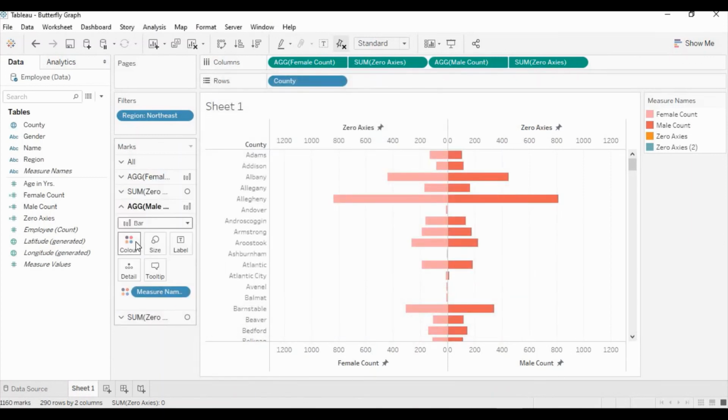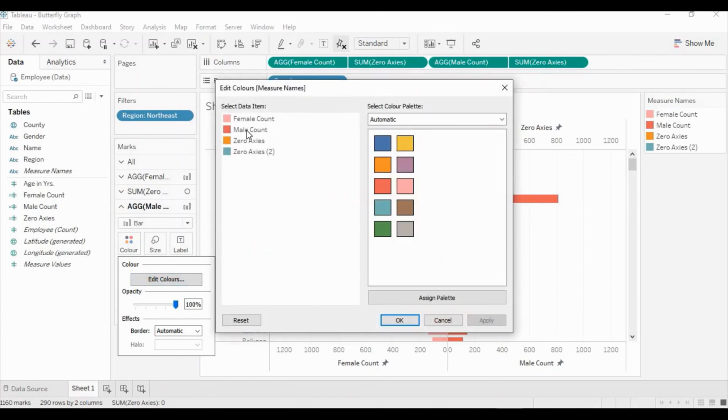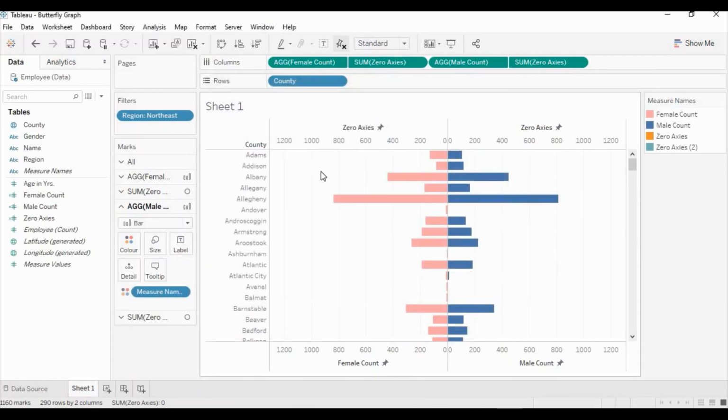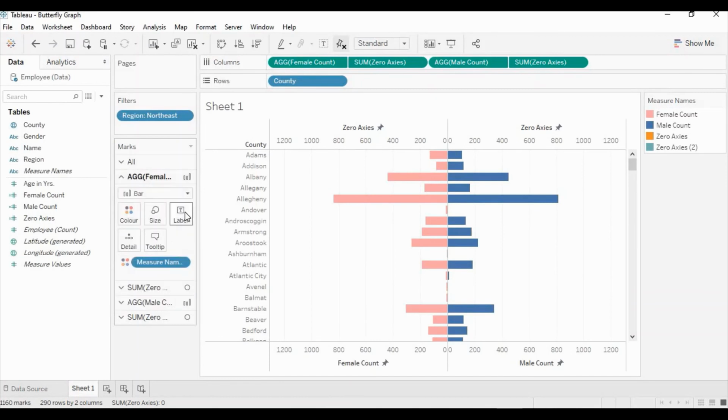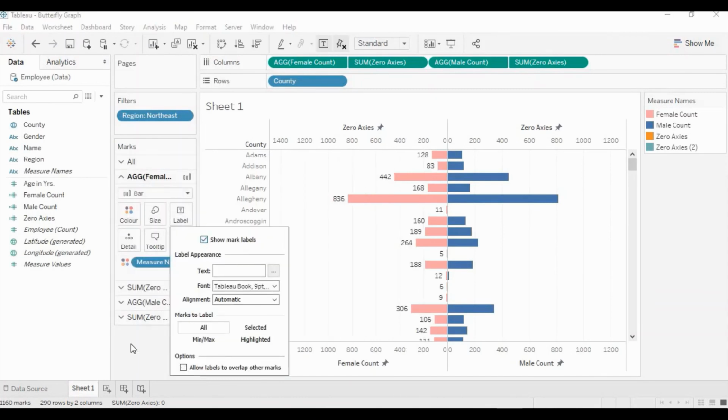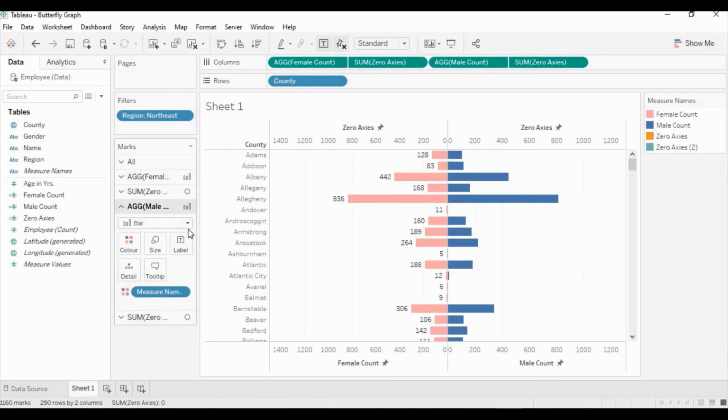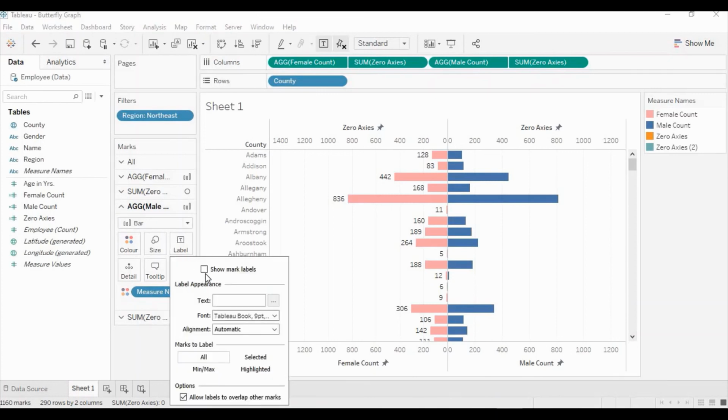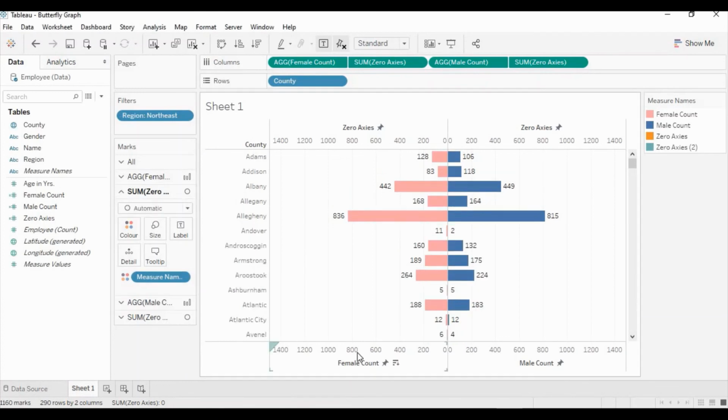Then go to the male and select the male color as blue, and you can show the count as well for both male and female, like this.